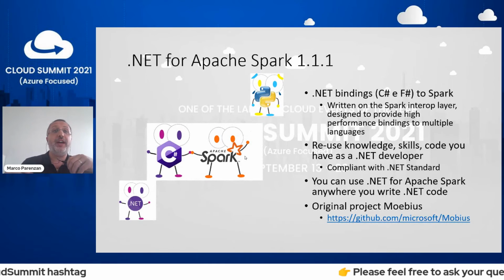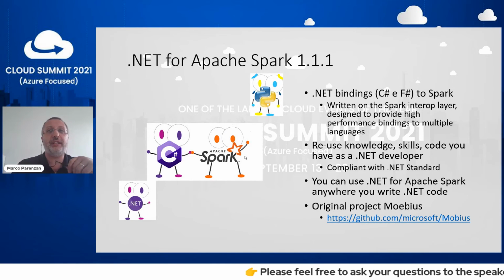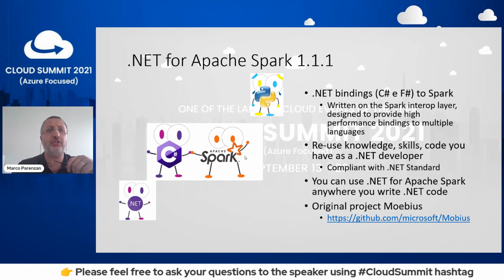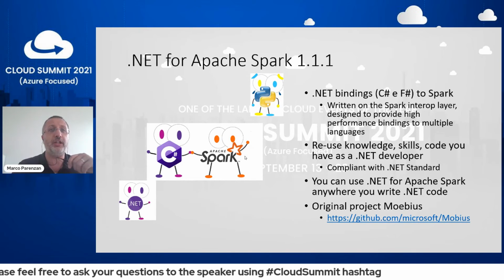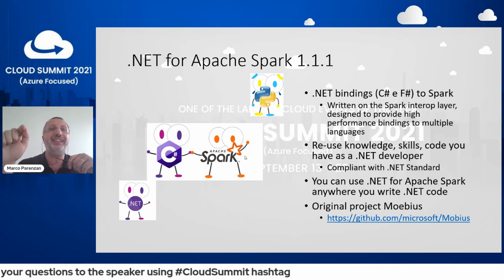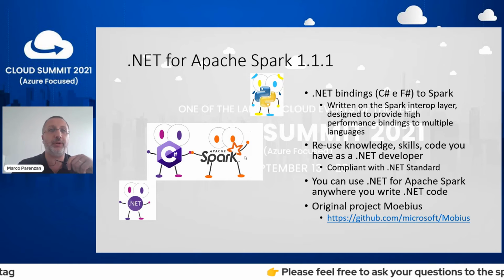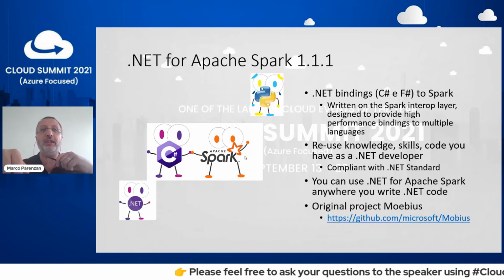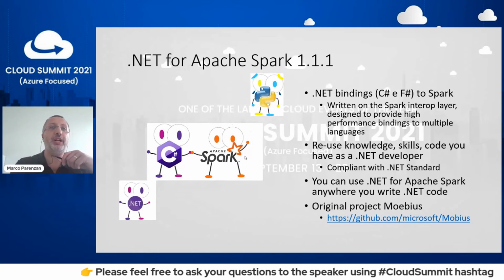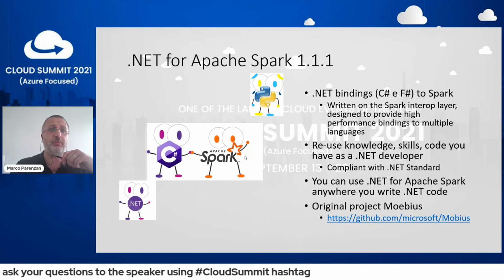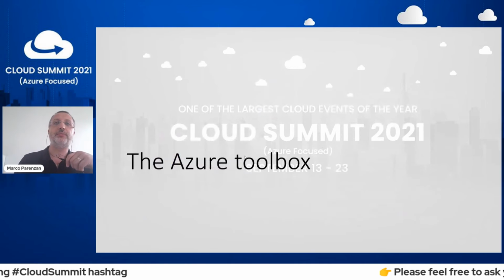And then you have .NET for Apache Spark. That is binding, the same binding that Python has to write code that runs on Spark. And so you write in .NET Core, and this is great. You don't have to learn Python to write code for Spark. And that code can be run not only on your own cluster on your machine, but you can also run on Synapse, for example, or on Databricks. And this is very great.